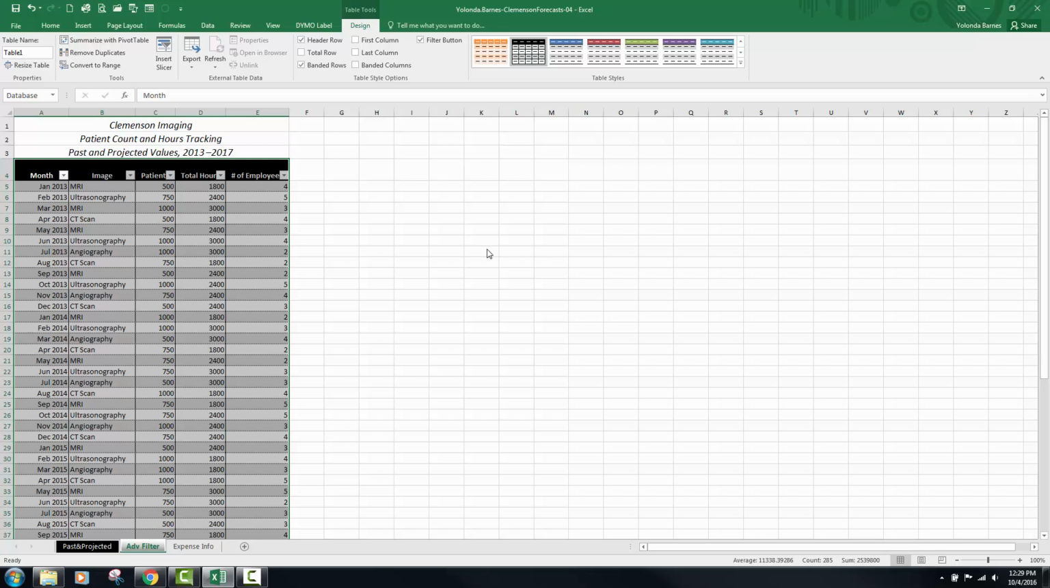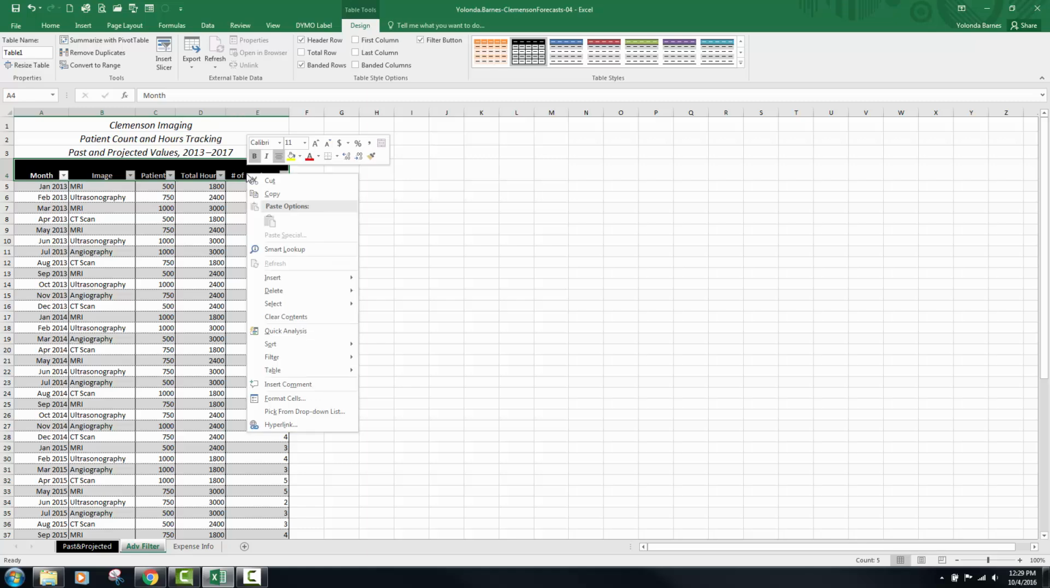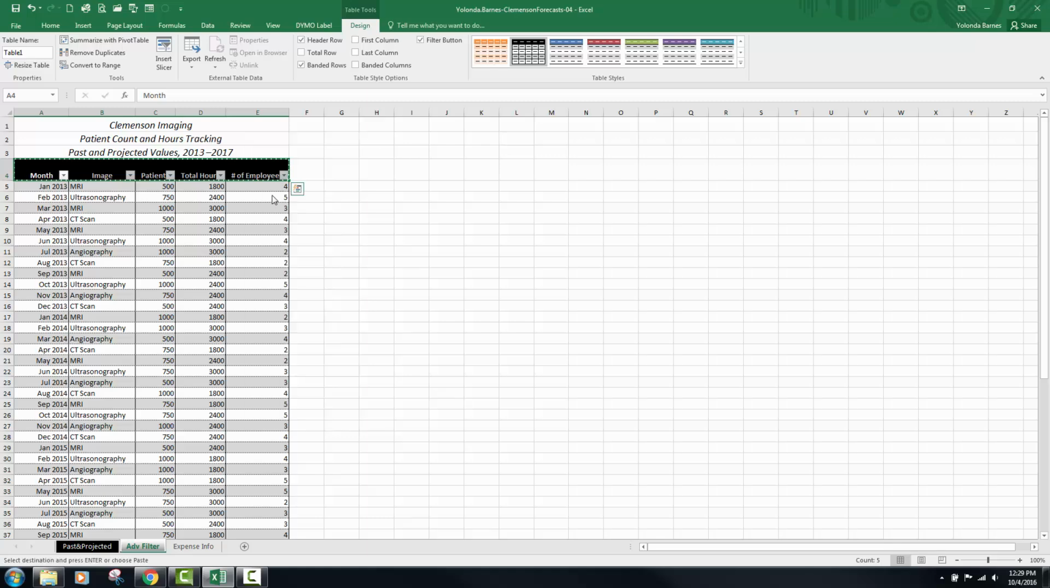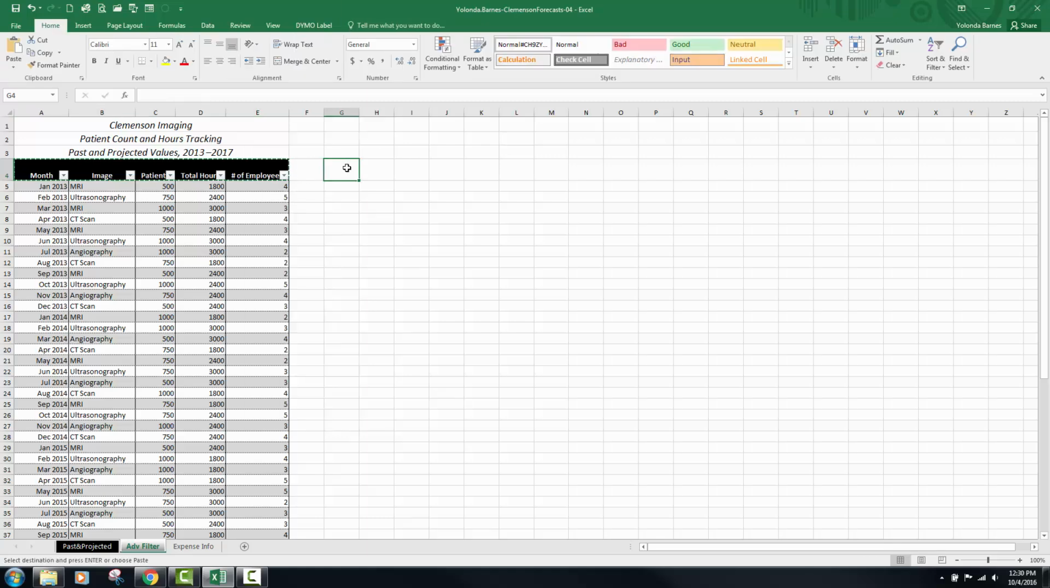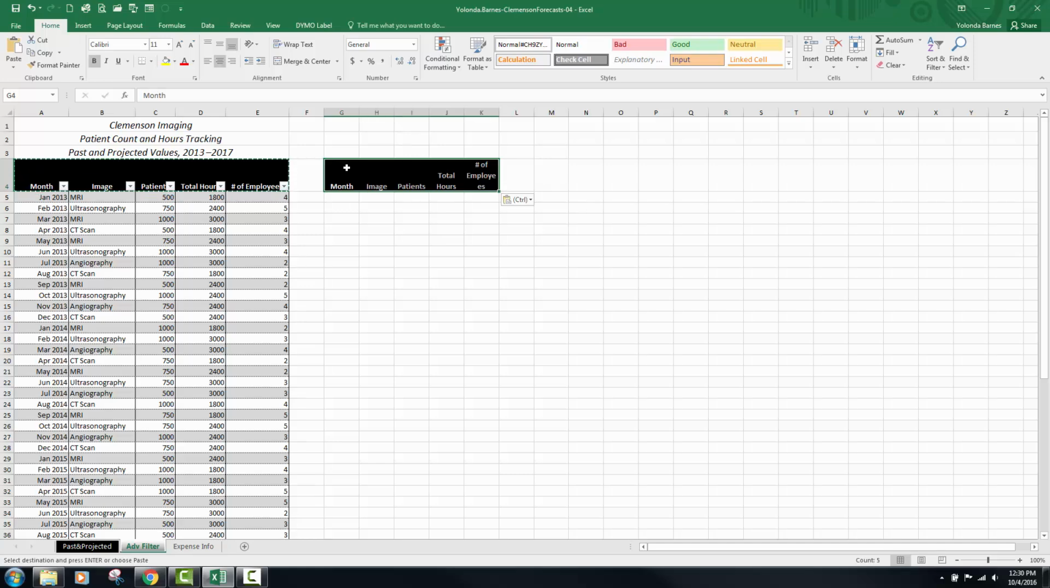Next, you're going to create a criteria range for an advanced filter. Select cells A4 through E4 and copy and paste them into G4. I'm just going to right click, then copy, go over to G and do Control V. In cell G3, type criteria range,